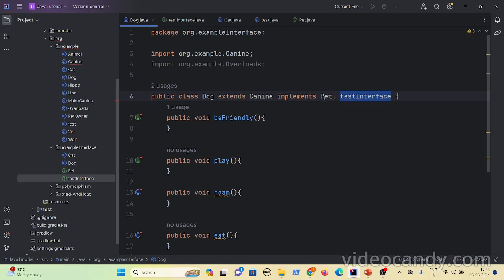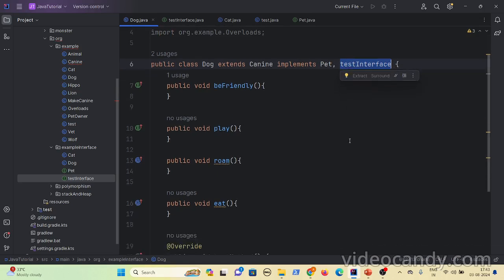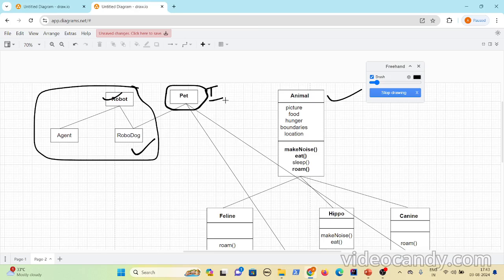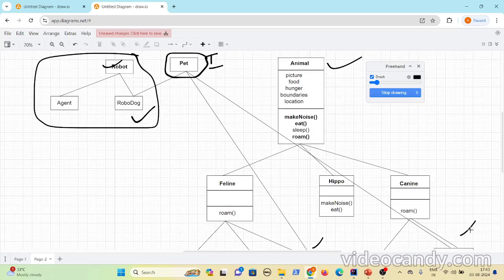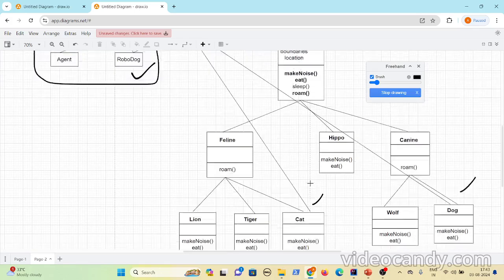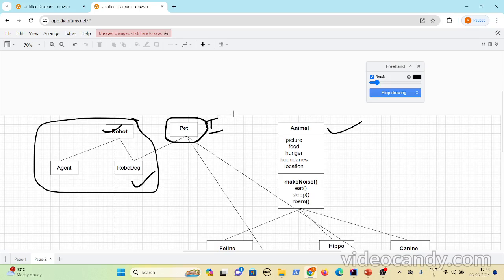Unlike multiple inheritance, implementing multiple interfaces is supported in Java. Okay. Yeah, and with the help of an interface, we can inherit the behaviors, basically the role. Here dog and cat are animals, and dog is also a pet. Cat is an animal, cat is also a pet. So it inherits the behaviors, and an interface is not restricted to a single inheritance tree. It can be used by the classes that are present under multiple inheritance trees. Okay. Hope you understood about interfaces in Java.